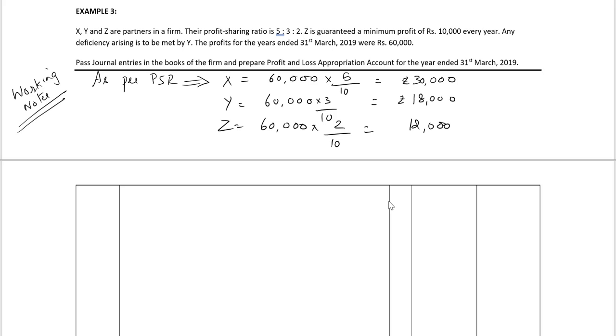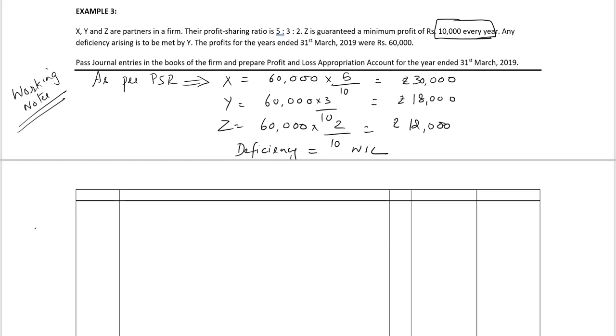Now if you see here, Z is guaranteed a minimum of 10,000 every year. But as per this year's figures, Z has already got rupees 12,000 share in profit. So the deficiency amount is equal to nil or 0. So as far as the journal entries are concerned,